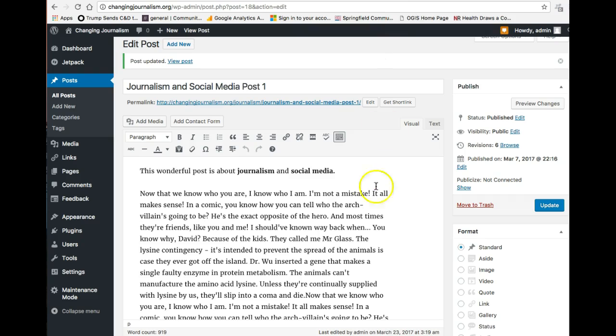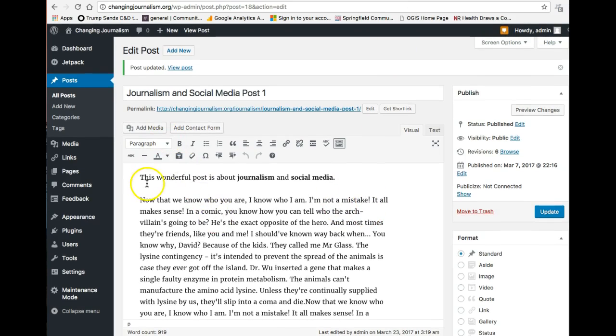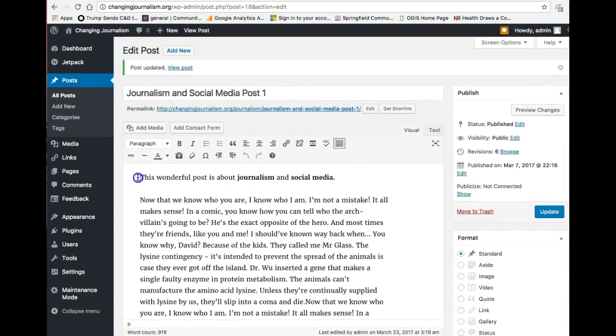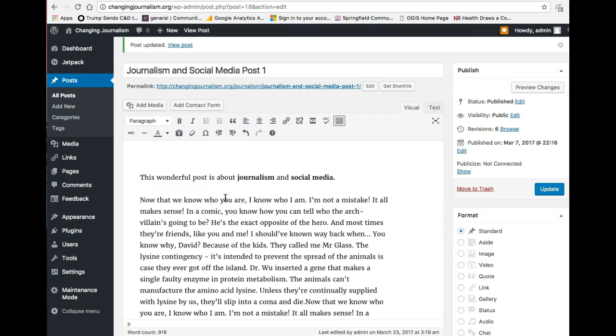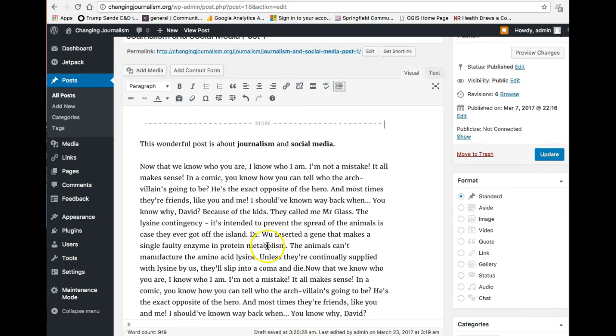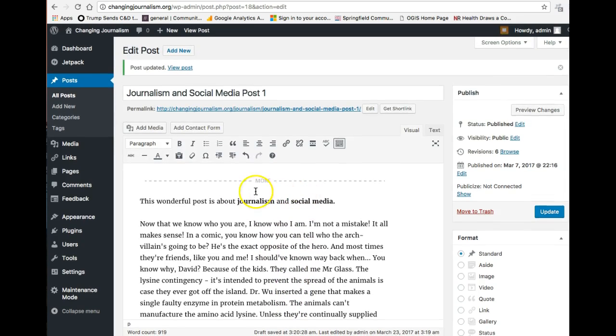And that simpler solution is the Read More button. Say here's the introduction to my post. Instead of doing the introduction, I could just add a Read More tag. See that, Read More? I can put this anywhere. If I wanted to do a sample of the introduction, I could move this down. But in this case, I just want to cut off the post. I don't want it to appear at all. So if I hit update,